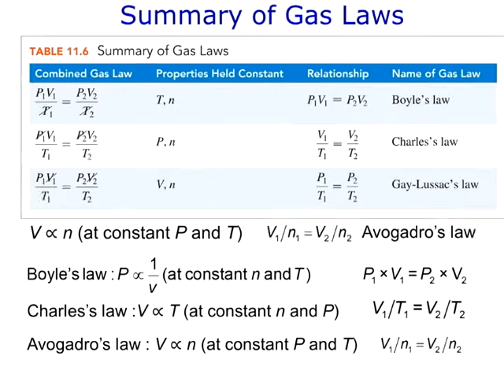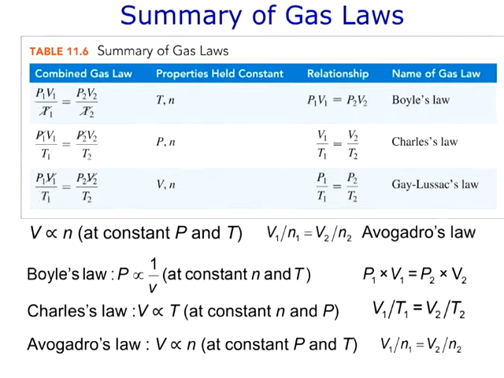Note that these formulas take advantage of being able to rearrange equations. They also take advantage of knowing when the gas is at constant temperature, moles, pressure, moles, volume, moles. When that is the case, we mathematically cancel out that particular variable using the rules of math, which leads us to the primary relationship, which is actually the formulas we use. So the actual formulas we use are shown on this slide in the column labeled as relationship.